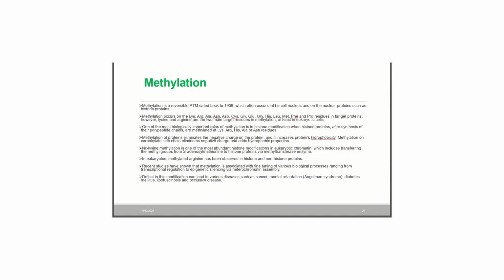A defect in this modification can lead to various diseases, of course, such as cancer, mental retardation, diabetes mellitus, and other types of diseases. So this shows that any defect in histone methylation